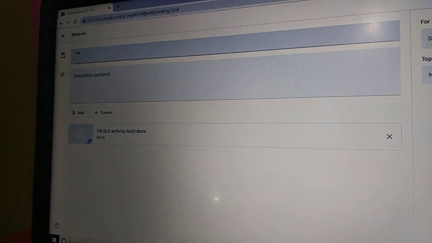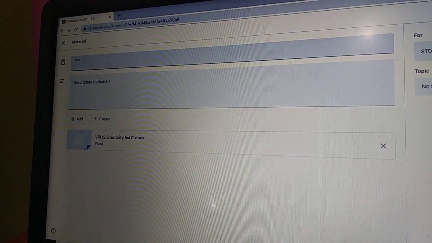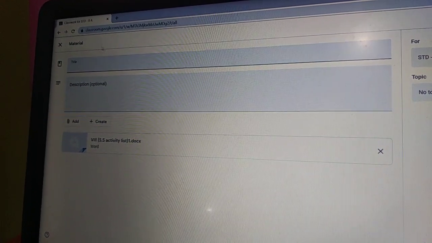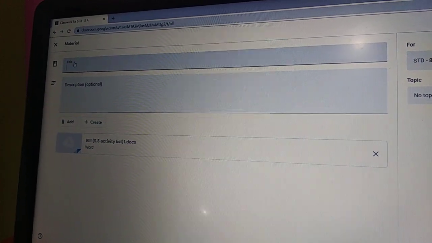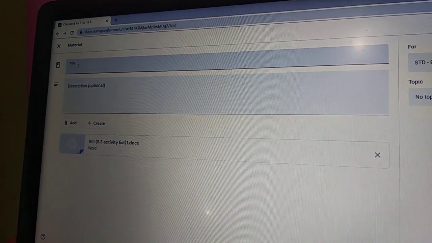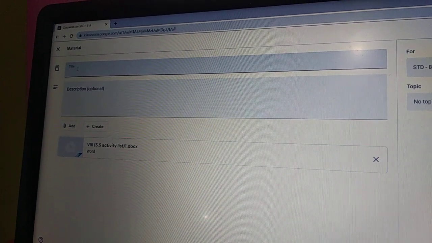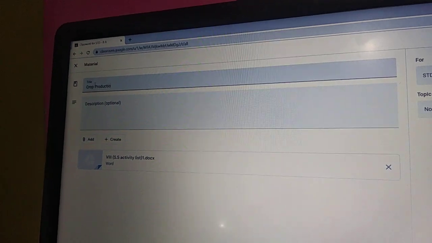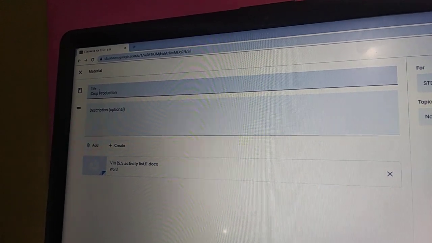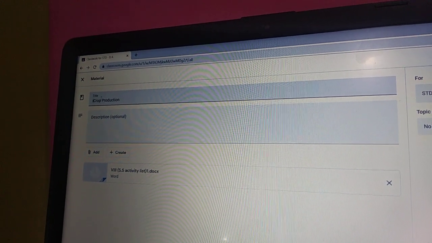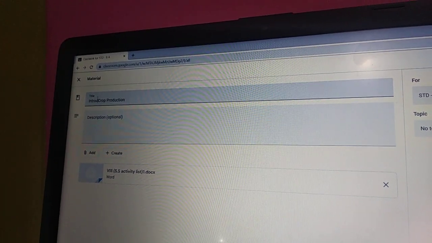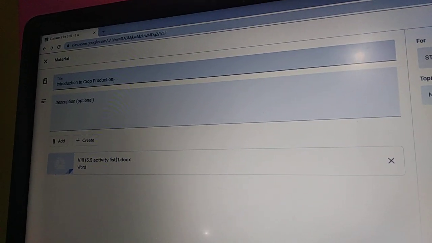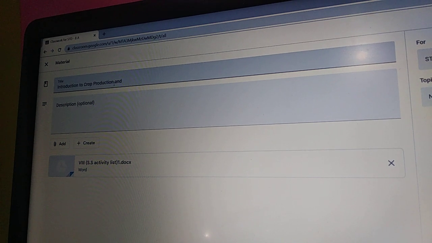Again, whatever the title is, I'll have to provide that first. Say for example, here I am teaching science. So here it would be crop production. I should write it as introduction to crop production and management.